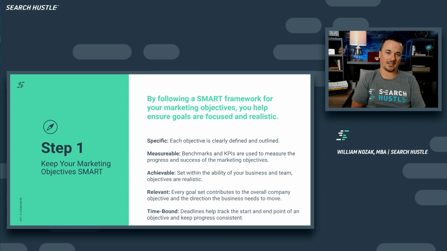It's specific. Each objective is defined and outlined. Define it as much as possible. And then is it measurable? What are the benchmarks? What are the KPIs we're looking at in regard to it? And then can we measure this? Is there a level of qualitative understanding and quantitative things that we can say, hey, the needle's moving. Which way is the needle moving? Is this good or bad? Do we need to change the KPI? Do we need to add or subtract a KPI?